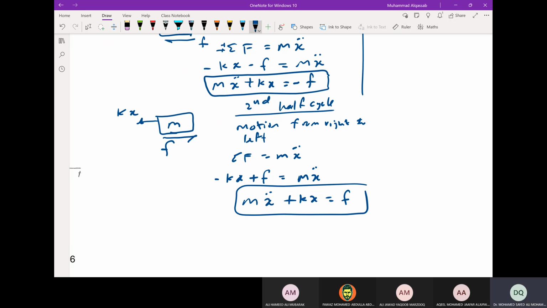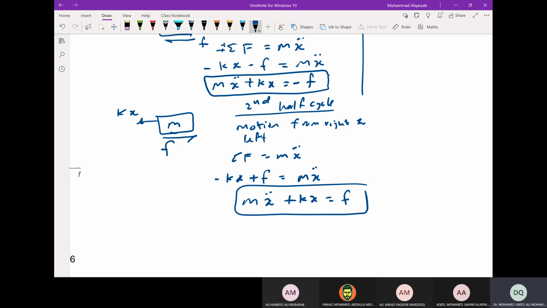And imagine you will do this for all cycles. So let's say this is the first cycle. It is divided into first half, second half. The second cycle also will be divided into first half, second half, and so on, until the motion will stop. Now, we cannot continue this way because we will face a problem of when it is going to stop. But this will give us an idea